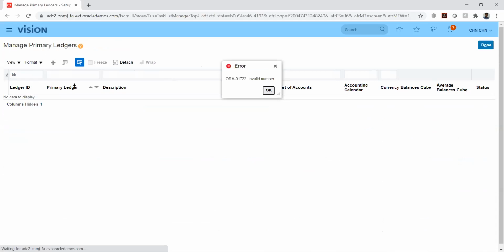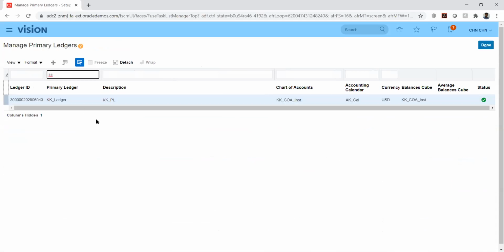This is the ledger ID. So manage primary ledger. There you go. You will automatically find the ledger ID.